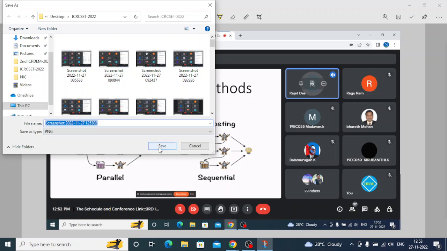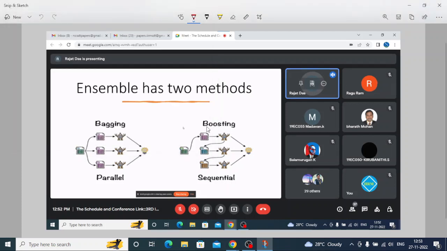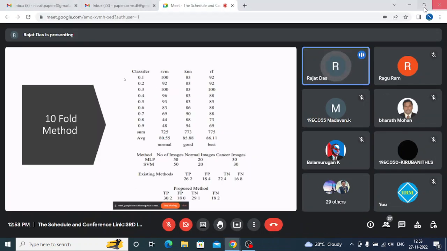Now we have classified the data set in a 10-fold method. Suppose here it is taking 90% of training and 10% of testing, and here comes 80% of training, 20% of testing, 70% training, and 30% of testing. In that way, we have calculated with the 10-fold method. Here is the sum of that, and here is the average of that, and the random forest is giving the best result. The methods we have used are MLP, SVM,